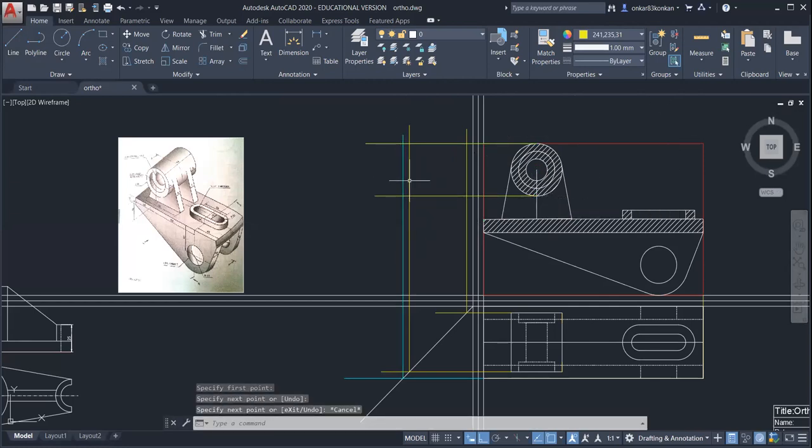Okay. So in this side view, we can observe this complete rectangle for this cylinder. So you can use the rectangle command, or you can draw the rectangle by using the line command. Okay.